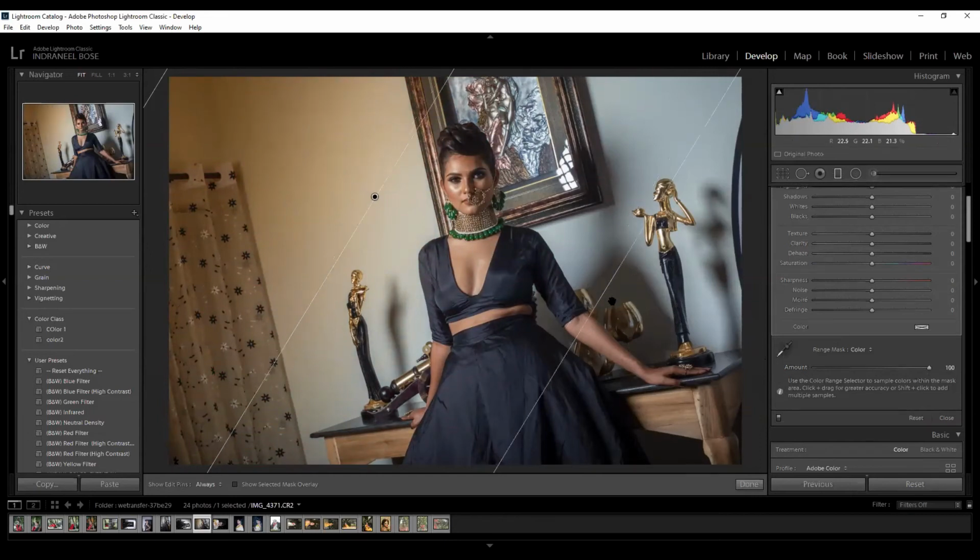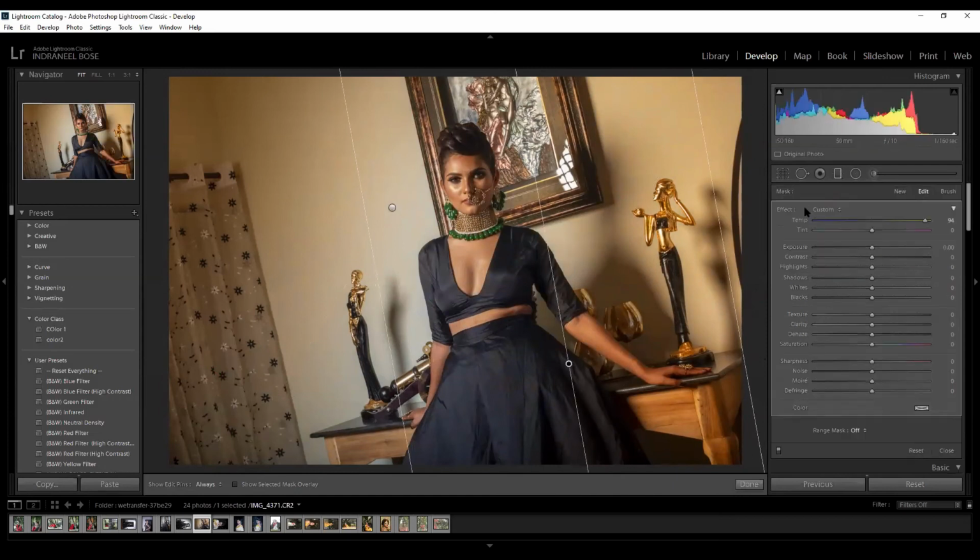Okay. Now see. Now I go to the other side of the image. I double click and reduce the effect. I don't want the effect over here. Now what I do, same thing. I take the colors, pick out my sample points. 1, press O to see. 2, 3, 4, 5.